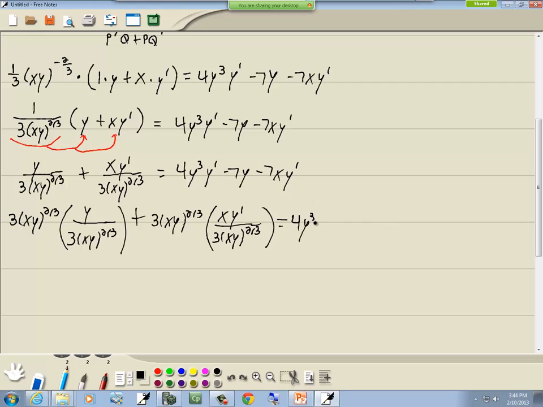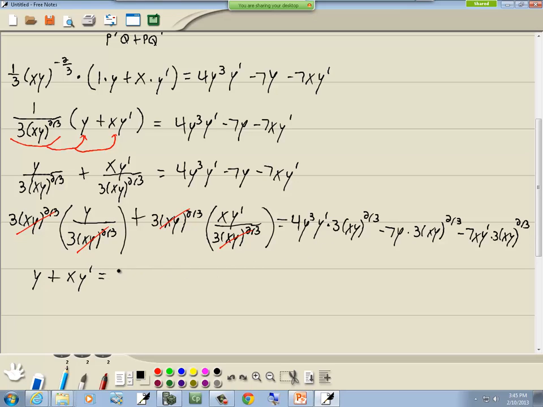So we've got 4y to the third y prime times 3xy to the positive 2/3, minus 7y times 3xy to the positive 2/3, minus 7x y prime times 3xy to the positive 2/3. Well, this cancels with that, and this cancels with that. So on the left side, I'm left with y plus x y prime equals, and over on the right side,